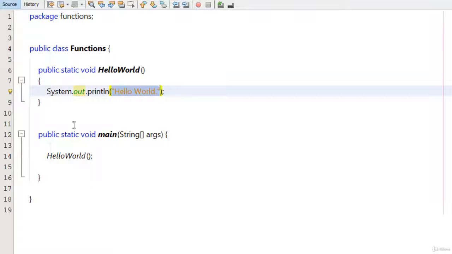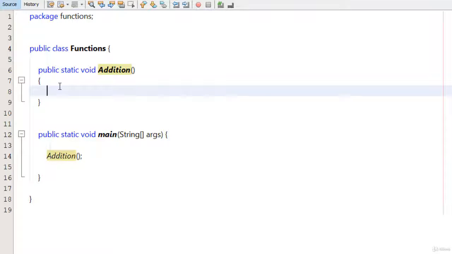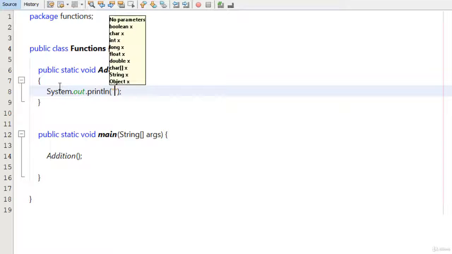Okay. Now let's create another function here. I'm going to remove this line and change the name of the function. I type addition, just for an instance. Now I'm going to take input from the user in this method. I type System.out.println, enter a number, then